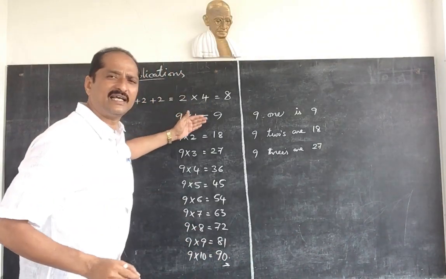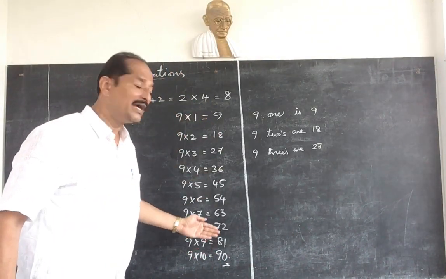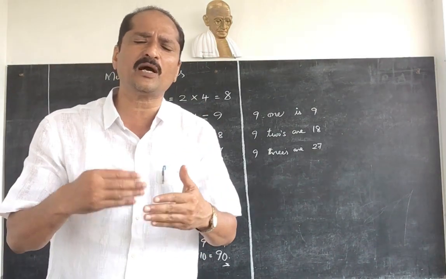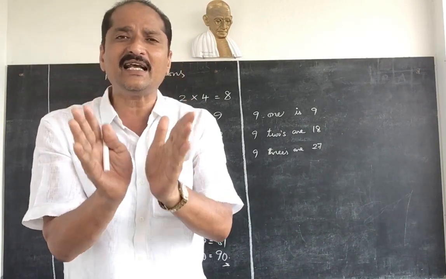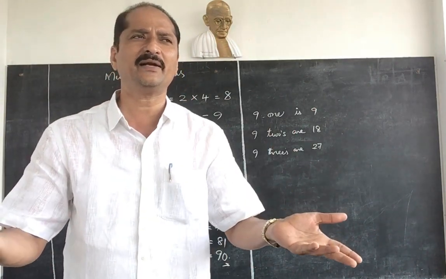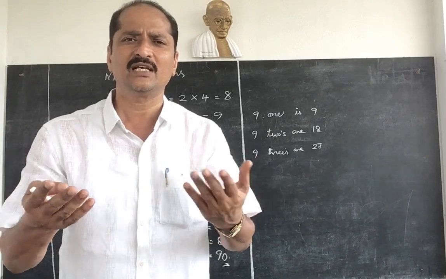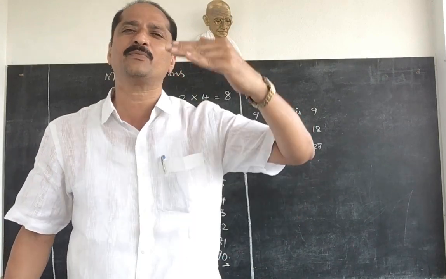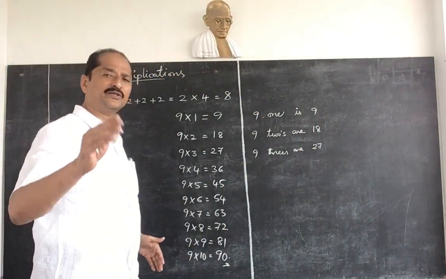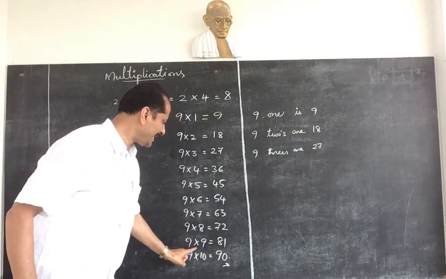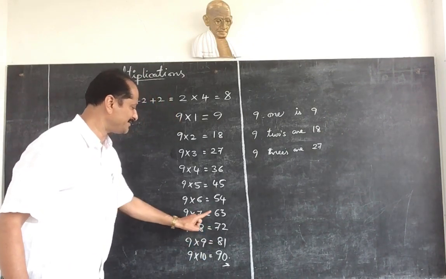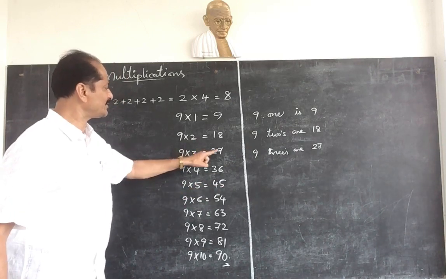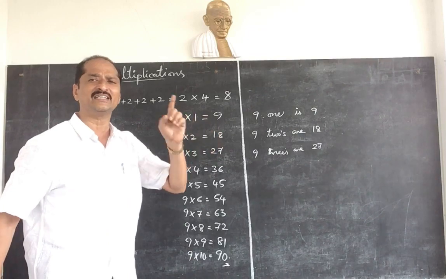Not only learn the tables from top to bottom; it is easy to learn from bottom to top also. If you learn from bottom to top also, then you will get a clear idea. If anybody asks 9 5s, 9 7s, 9 2s, 9 9s, you can answer easily if you read from top to bottom and bottom to top. So now, how can you read from bottom to top? 9 10s are 90, 9 9s are 81, 9 8s are 72, 9 7s are 63, 9 6s are 54, 9 5s are 45, 9 4s are 36, 9 3s are 27, 9 2s are 18, 9 1 is 9.